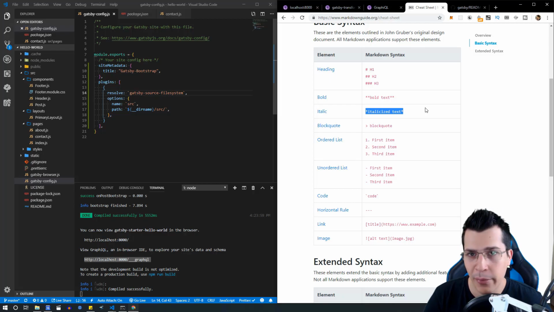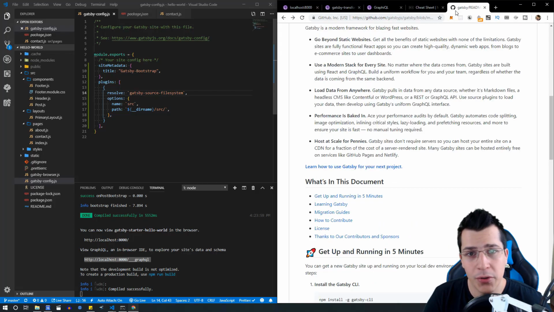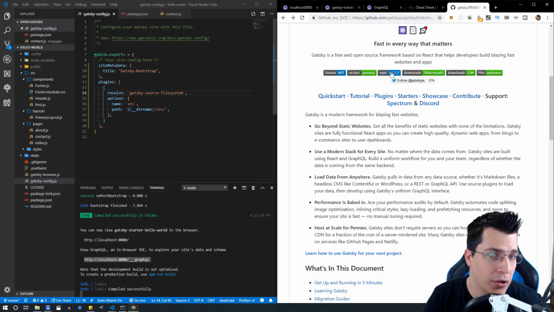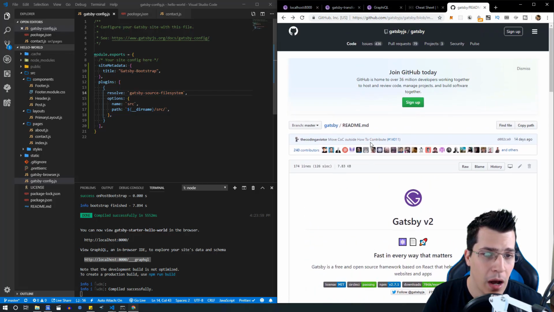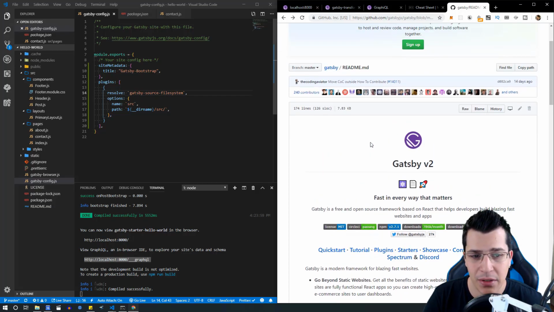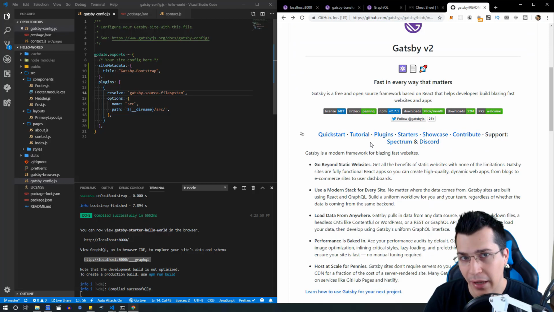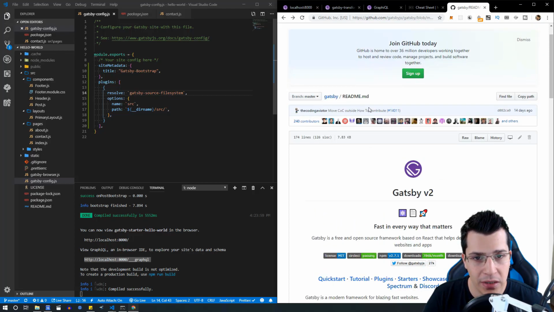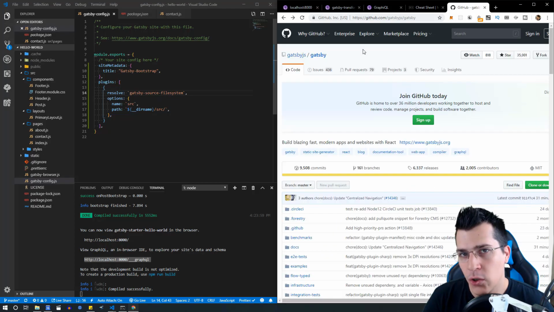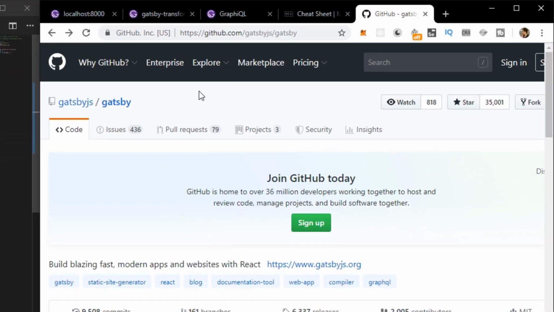If you are familiar with that platform, you're going to find it very useful to learn it if you do not know it already. Basically, all the information about a GitHub project is written in Markdown language. For example, our documentation in the Gatsby JS project in GitHub is written in the Markdown language. If you want, you can see here. Let me just show you where you can find that. That's at